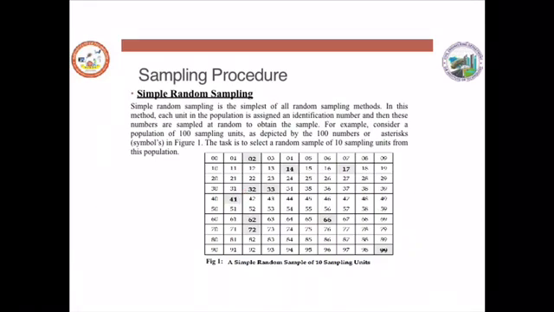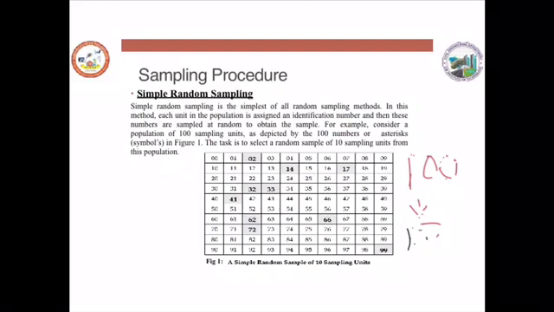Now, for example, I've said that we have a total population of 100. Out of these 100, let us say I need to collect a sample of 10 members. So the total population given is 100, and out of 100, we need to choose a sample of 10. Now in random sampling, what we have to do is just randomly pick any 10 numbers out of